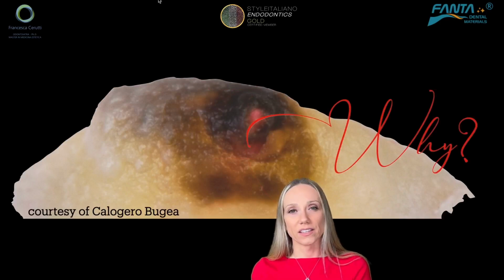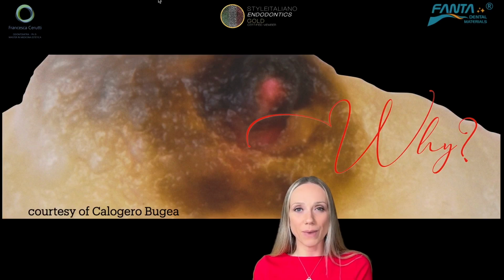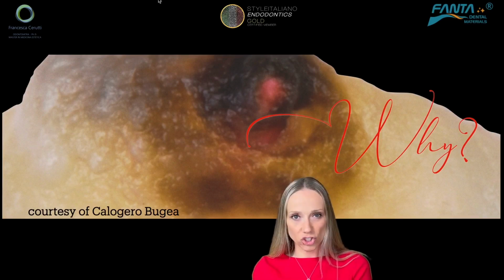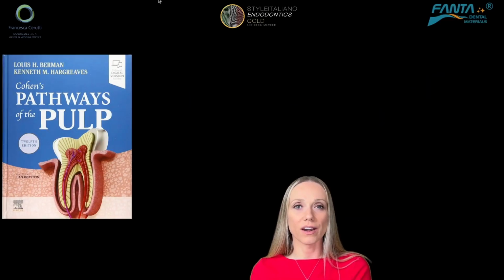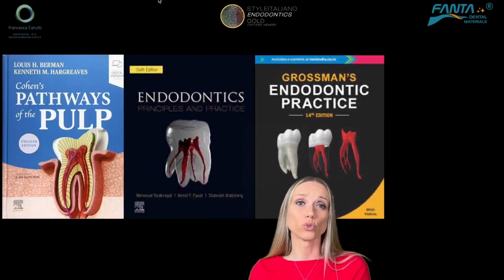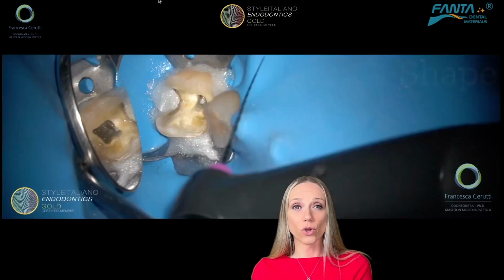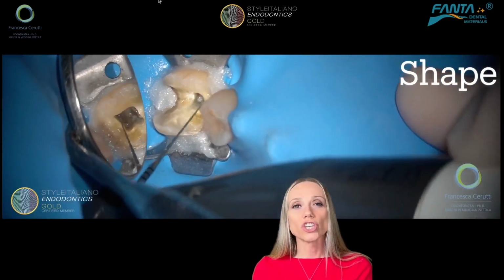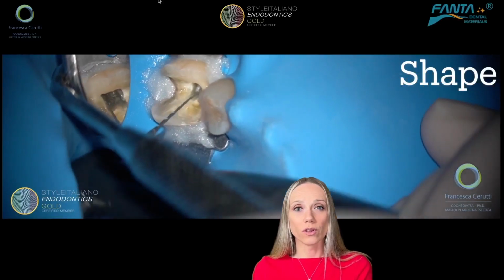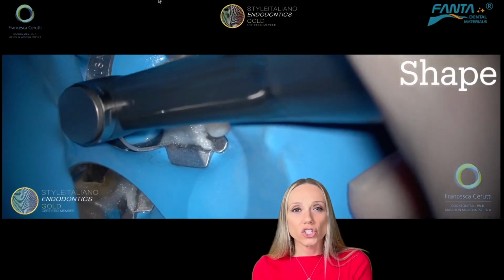And so why is root canal filling so important? Because we don't want to have our tooth contaminated by bacteria and microorganisms in general. And so what do we have to do? Textbooks are extremely clear about what we are supposed to do as endodontists, because they say that first of all, we have to shape the root canal system. And why do we shape? We shape because we need to remove the pulp, the bacteria, all the remnants of tissue that are inside of